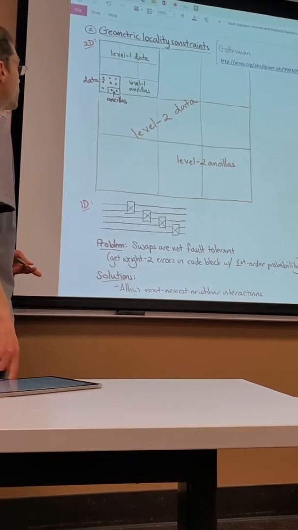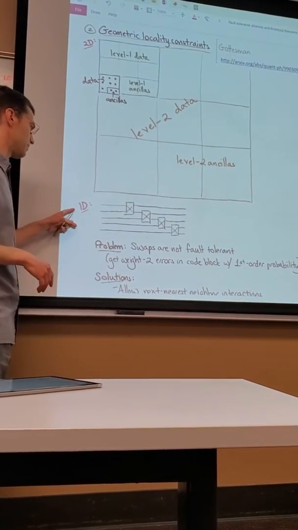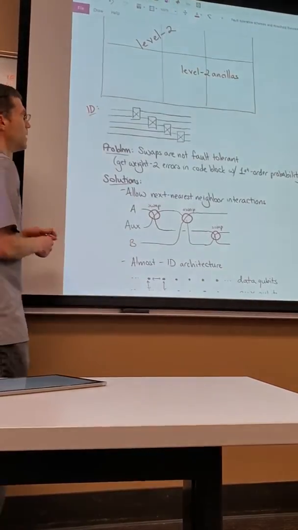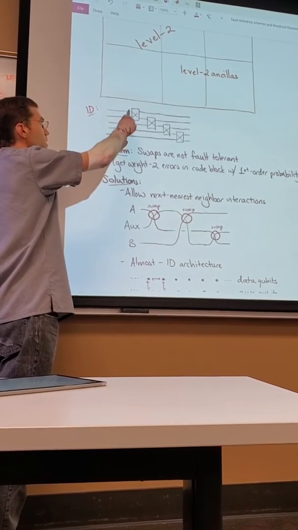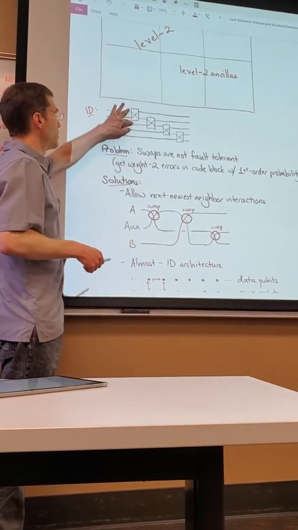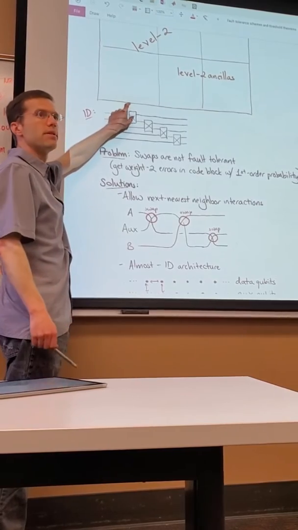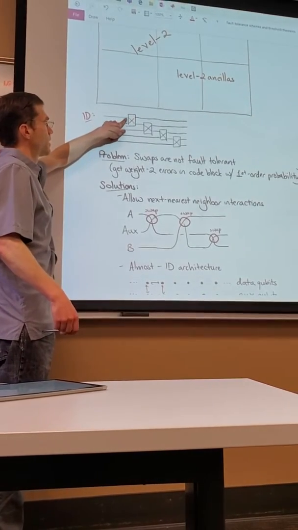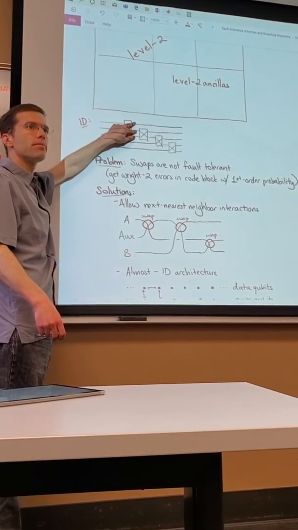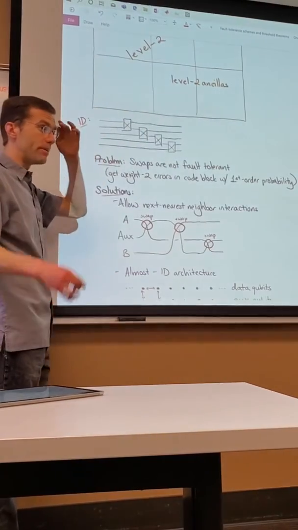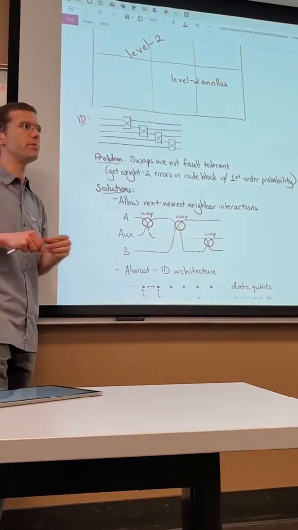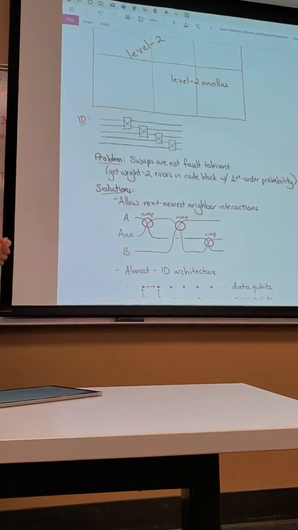So in 2 dimensions we're fine. In 3 dimensions, same thing. In 1 dimension, you actually can't do fault tolerance, sort of. The reason is that to do interesting things, you need to be able to move qubits around, and in one dimension a natural way of doing that is by swap gates. But the swap gate by itself could be not fault tolerant, because a single failure on the swap could mess up both qubits. That would be bad, certainly if you have a distance 3 code, but even with higher distance codes, just moving the qubits around is going to kill you in 1 dimension.